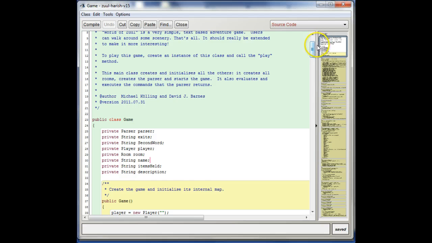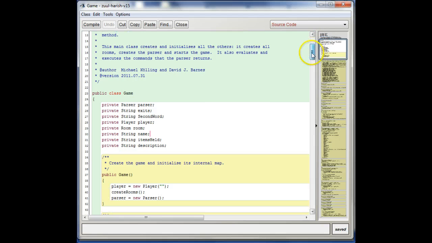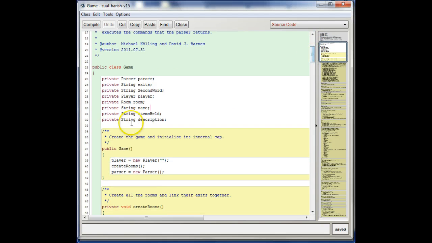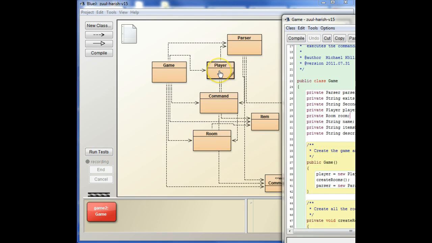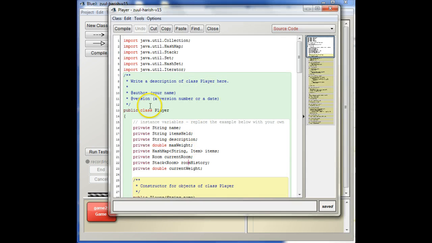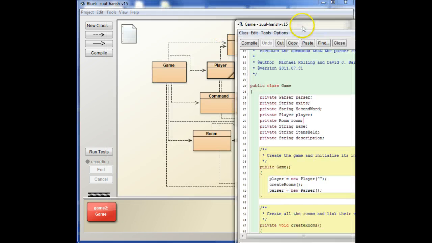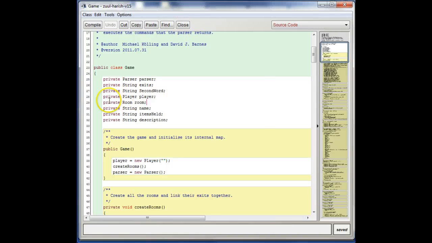So what we want to do then is completely move this reference out of the game class and just use the current room as it's stored in the player class. Let's try to do that. One way is just comment out this field and see where things break when you try